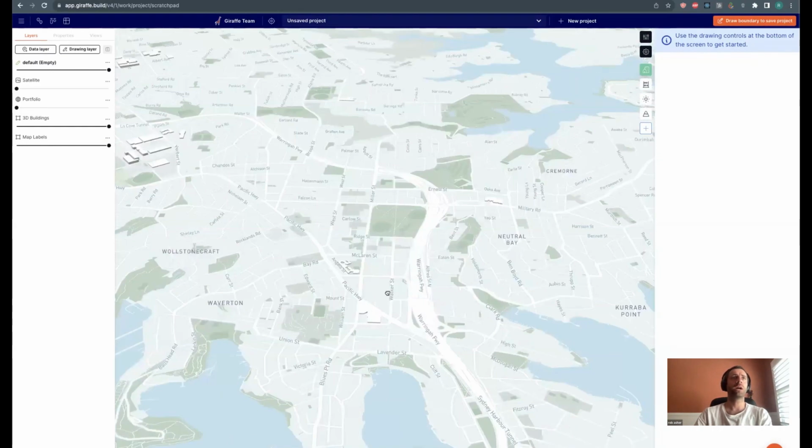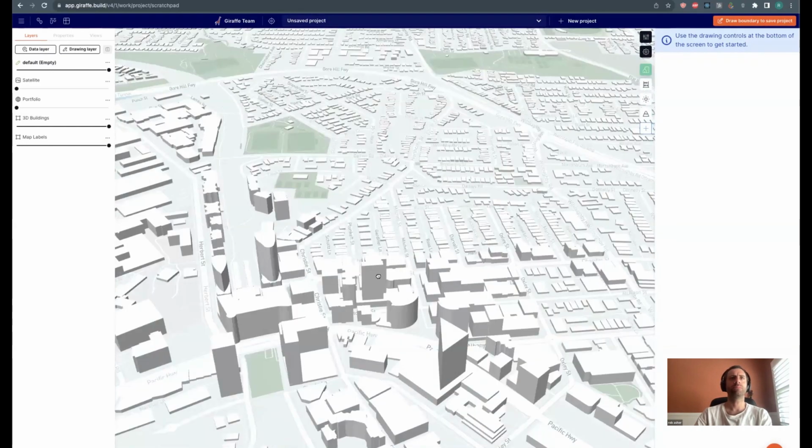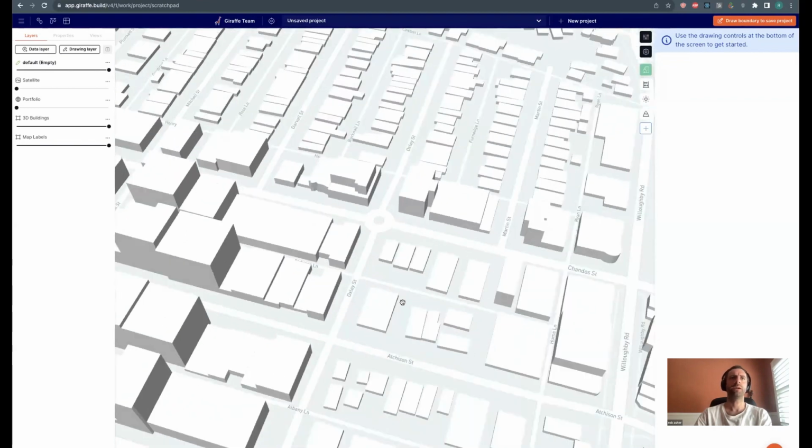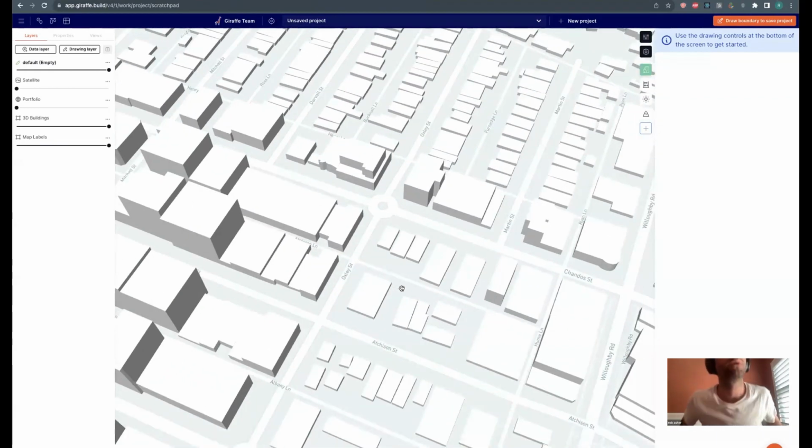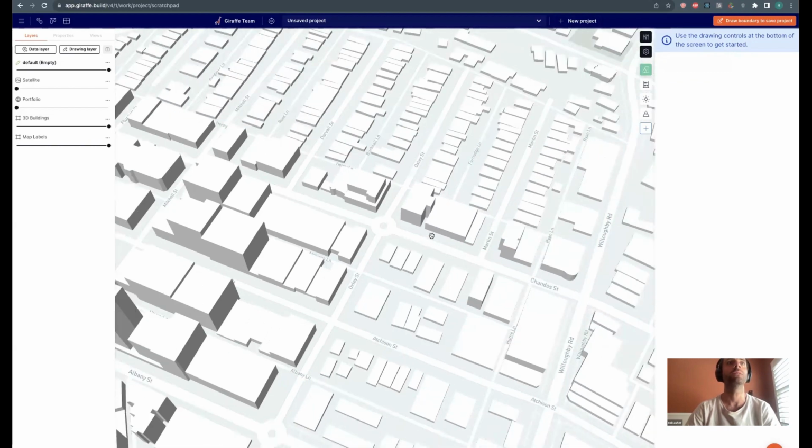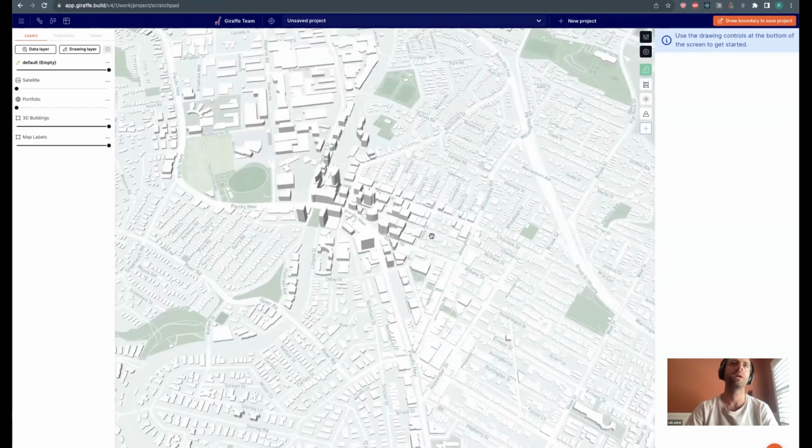So I'm just going to choose a site at random over here. Let's do this one right here. Okay. And I'm going to do a couple of personas. So the first persona I'll be is a developer. Say I've gotten a call that this market here, corner of Oxley and Aitchison Street, is for sale. And this I know because I'm in Sydney,